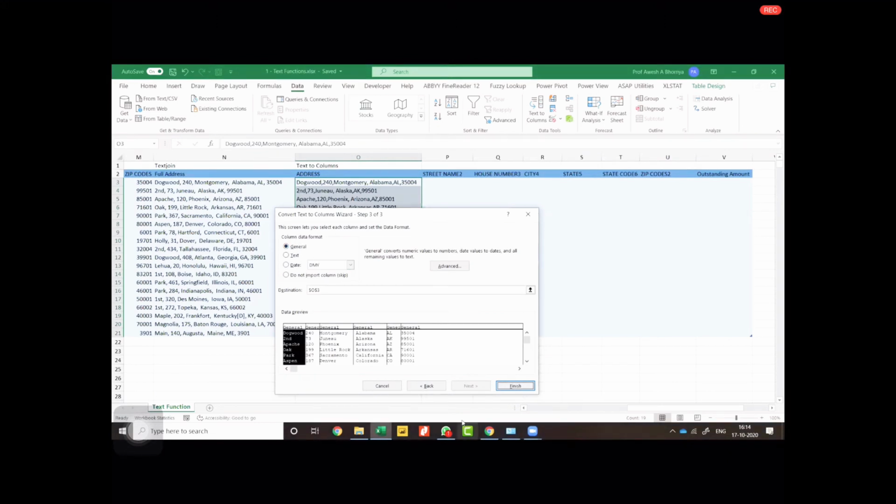Click Next, and then here you have the destination. Currently the destination is set to this cell. That means it will override whatever data you had. If you want to retain your original data, put it in this particular cell, so you want the split to take place from this cell onwards. What that does is it retains the original data, but it allows you to work with your data. Now you can just click Finish. When you click Finish, you will see that the data has been split into 6 columns according to your original data.